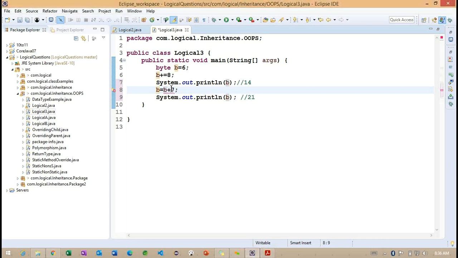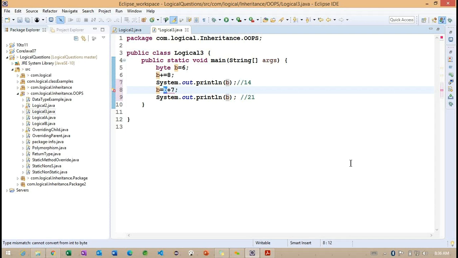Basically, what is the 7 here? 7 is an integer type, and b is byte type. Whenever we do any addition or subtraction operations with an integer and a byte, what happens? The result we get is an integer.